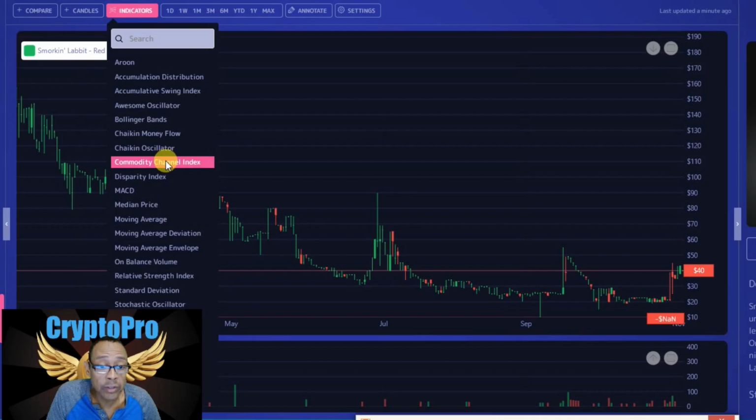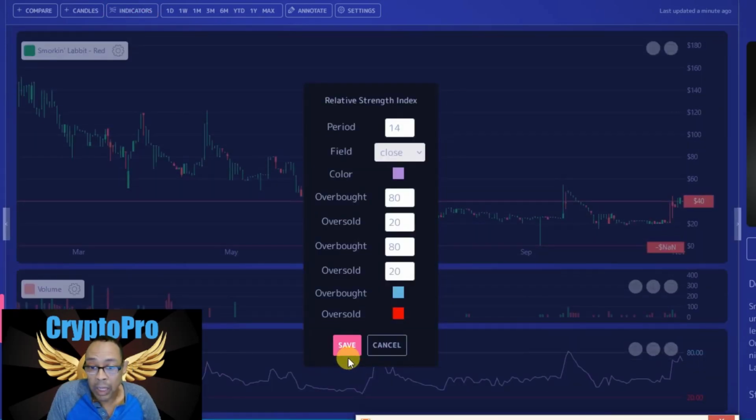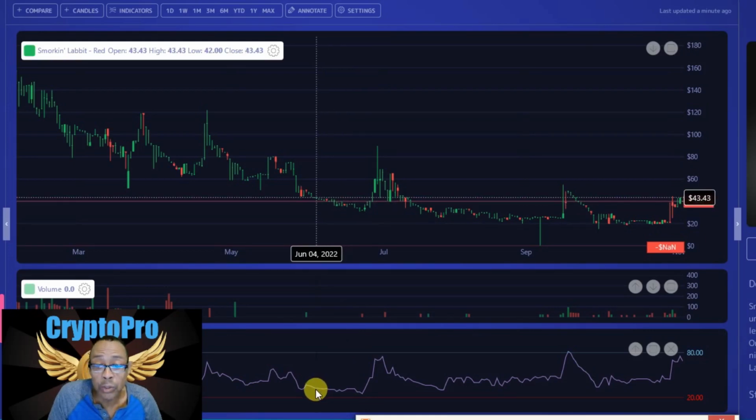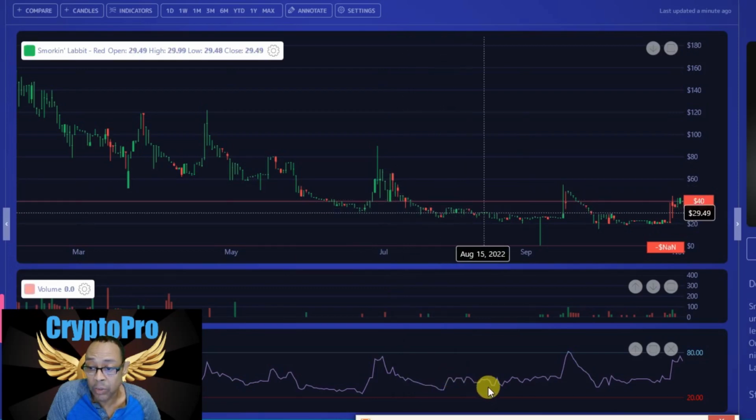Now we'll look at the ever so popular RSI. Where is our RSI? Relative Strength Index. There we go. And we get a red and a blue line. And the RSI is similar to a stochastic, where you get this moving, oscillating line that goes up and down